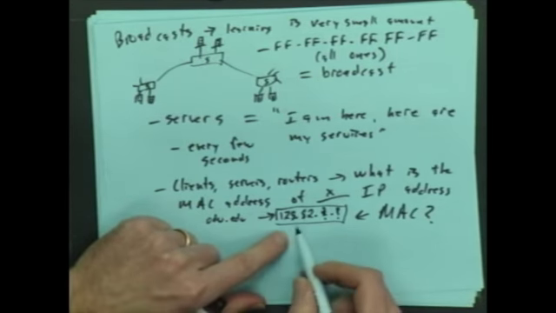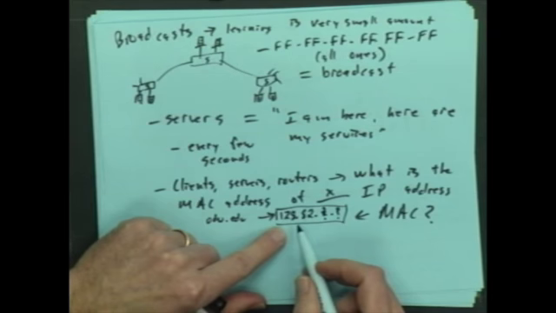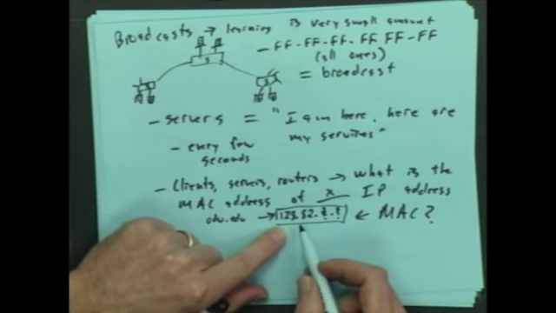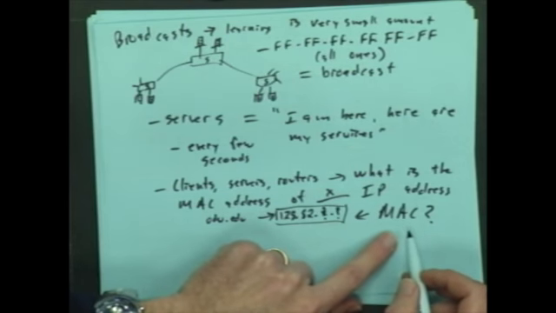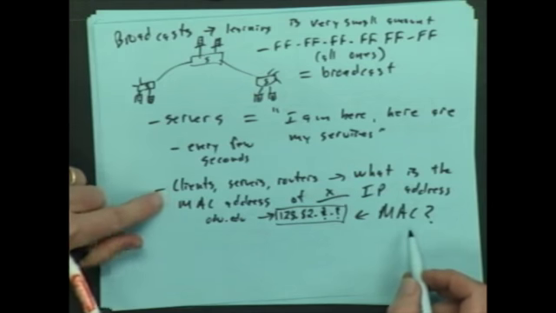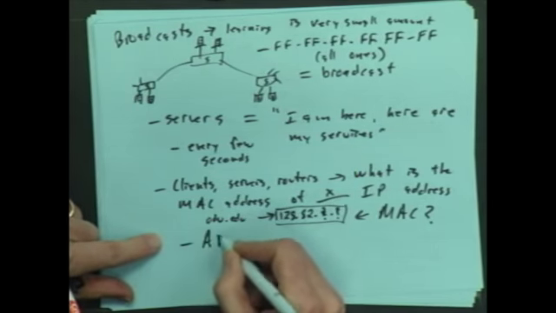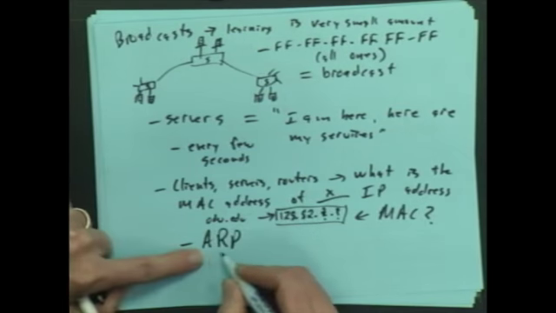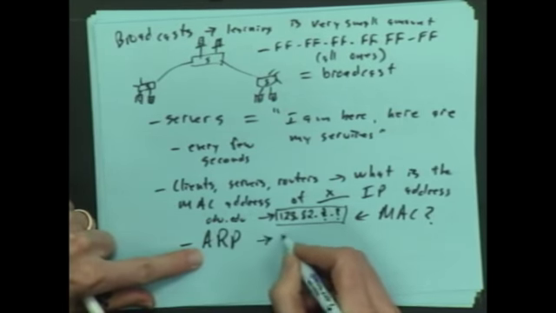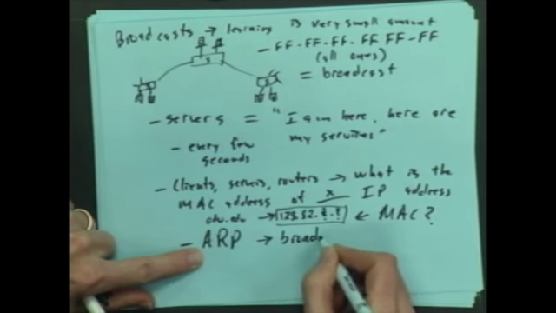But when your computer wants to connect to that, it has to know what the MAC address is. Okay? If we want to get to that server, that's layer 3, right? But in order to really get there, I need to know its MAC address, so it's layer 2, okay? So these kind of broadcasts happen all the time. They call this Address Resolution Protocol, ARP. ARP broadcasts